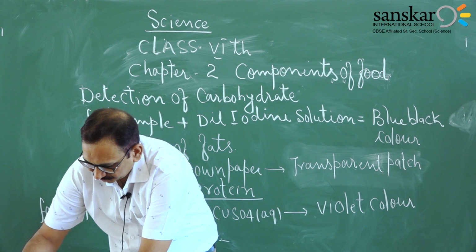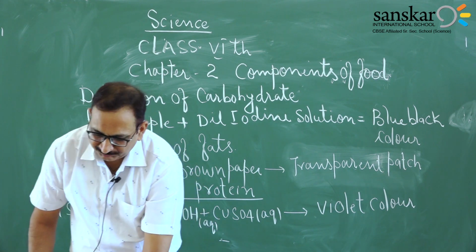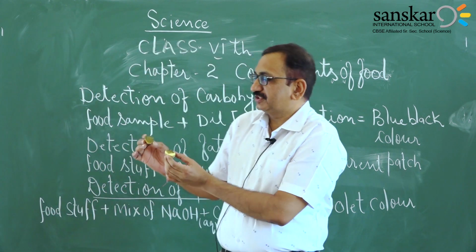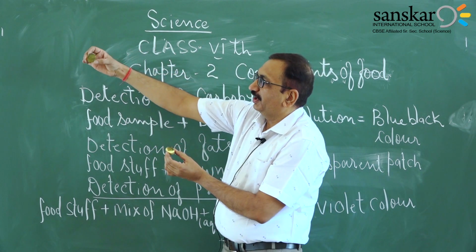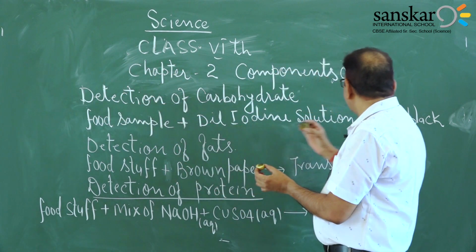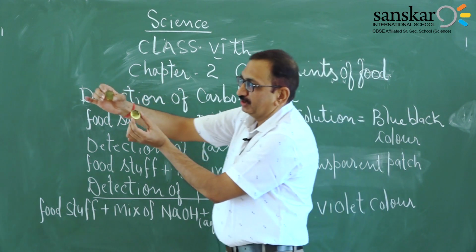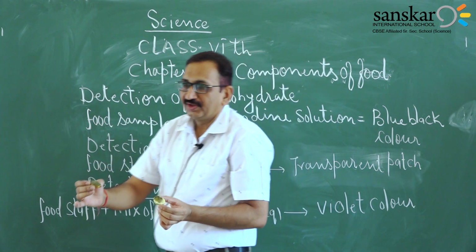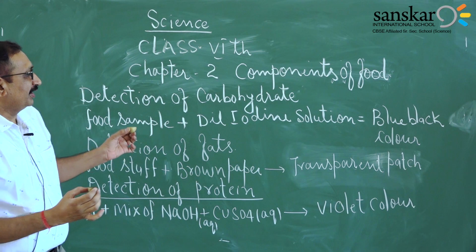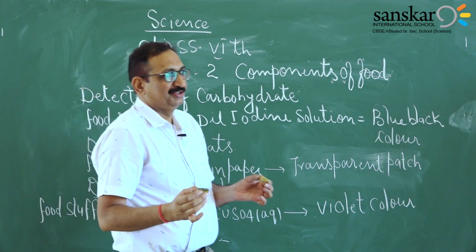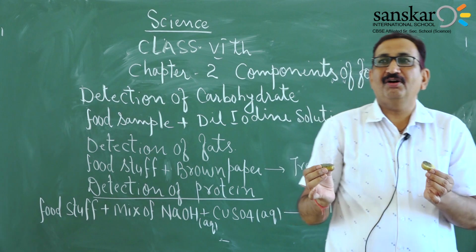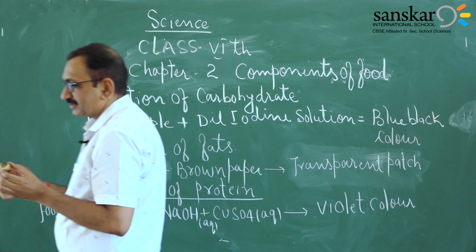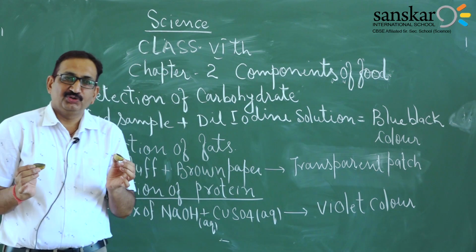You can see also. Students, when I cut the potato piece, at that time it was fresh. And now just see the surface, which color has it become, students? Blue black color. Can you see this color? This is the blue black color. It shows that in potato what is present, students? Carbohydrate. So this is the short test for the presence of carbohydrate in potato. This was the first experiment. I think you have liked it.